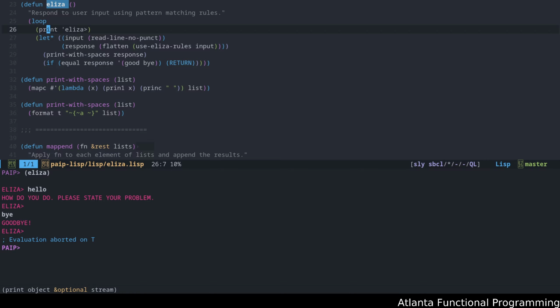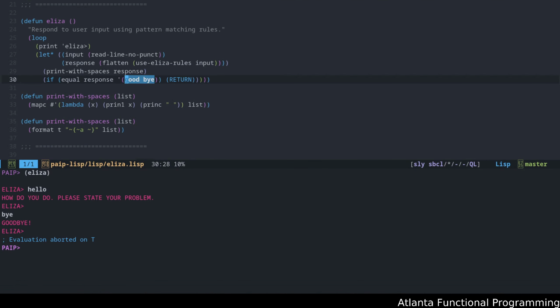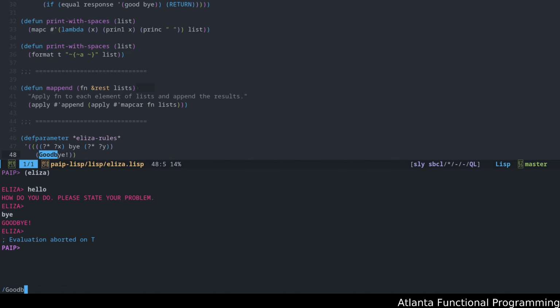Okay, so he actually added a goodbye return in here, but he didn't actually provide a rule for it. So we need to add the rule. So instead of goodbye question mark, if I actually wrote goodbye, like that, I actually did this. Now I fixed this to saying this